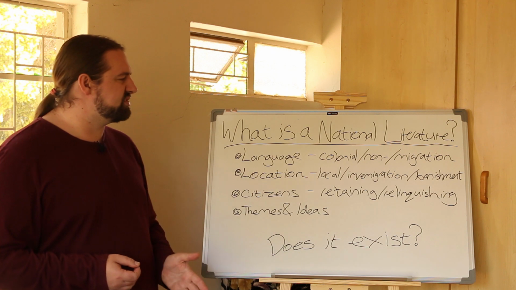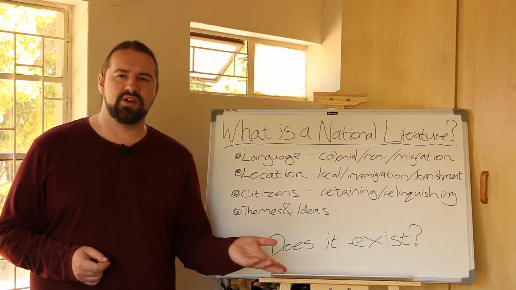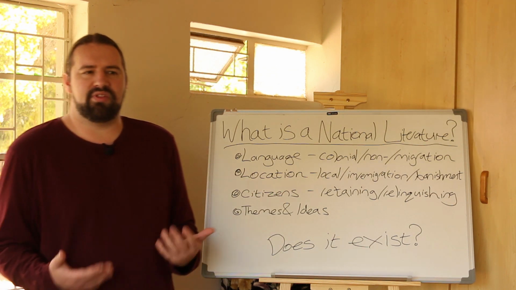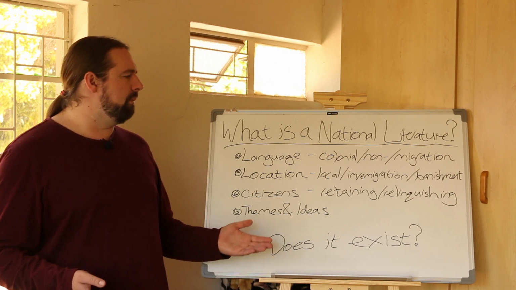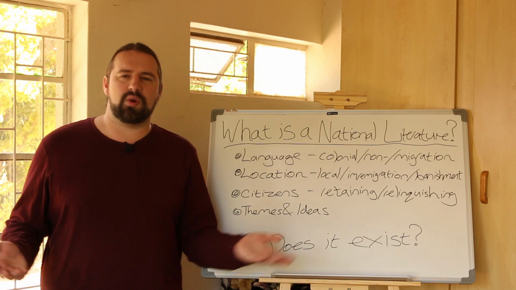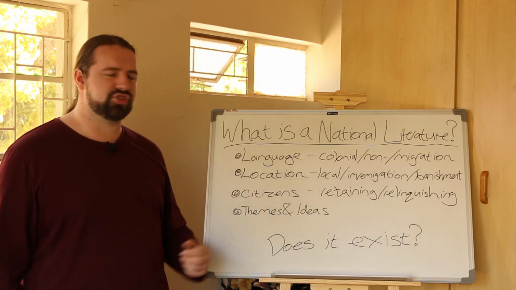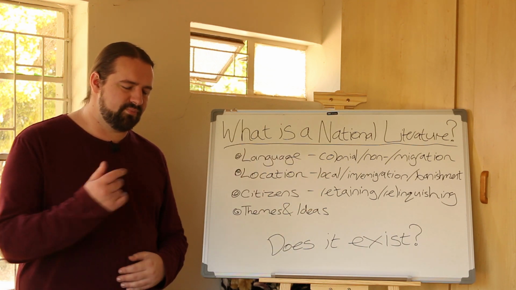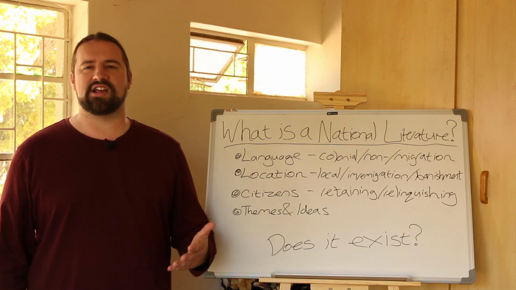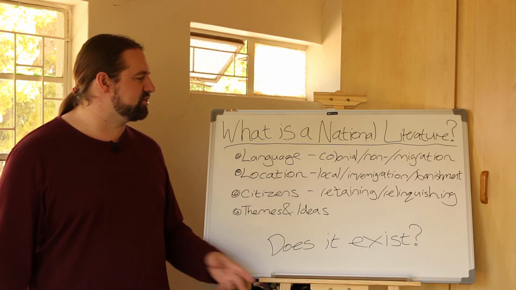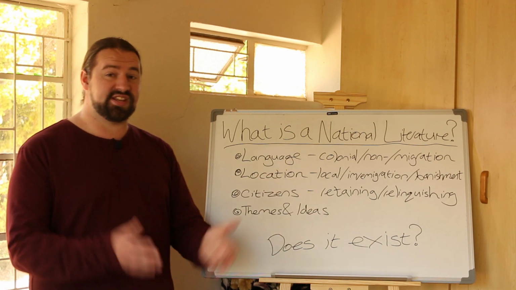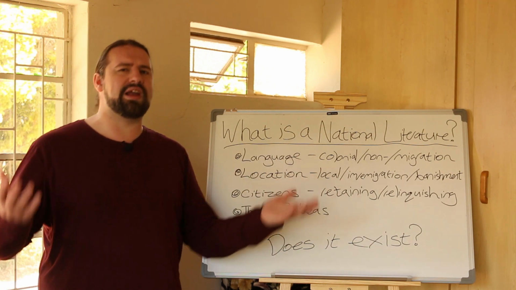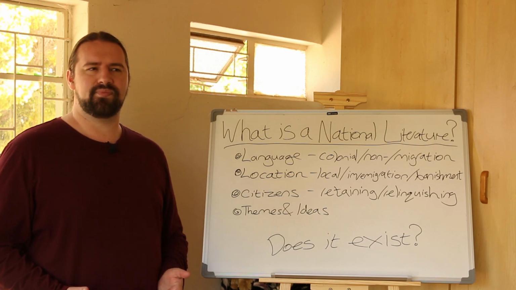So probably the most famous instance of this is someone like J.M. Coetzee. J.M. Coetzee is pretty much considered the most famous and critically acclaimed South African author. But he doesn't live here anymore. He moved about 20 years ago to Australia, which for South African people is a long-running joke, white people leaving and going to Australia. But he's still writing. He's still alive. Is his literature South African, or is it now suddenly Australian because he moved to Australia?